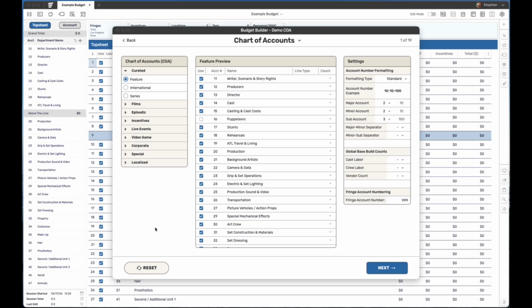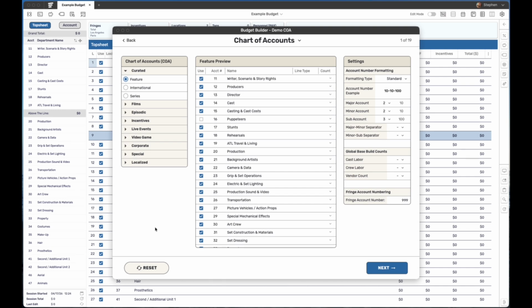Another way to think of a COA is as a checklist. The various accounts inside of a budget are reviewed as you proceed through the budget making process. Monies are added or not to each area. In the end, you have a fully filled budget and have used the COA as a reference to ensure you